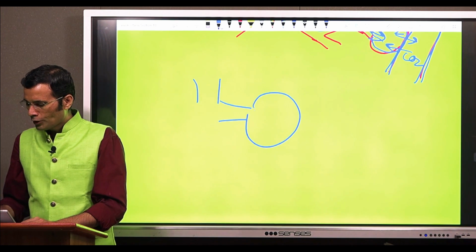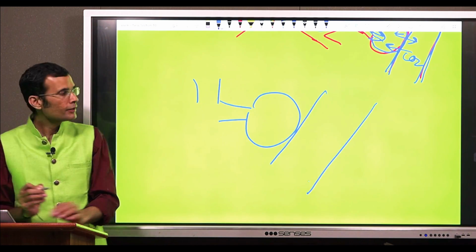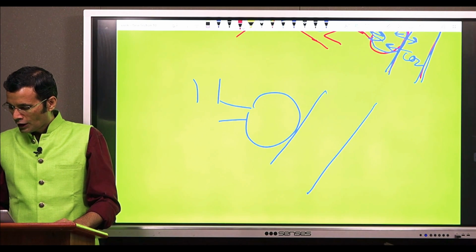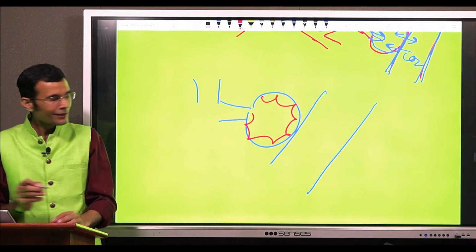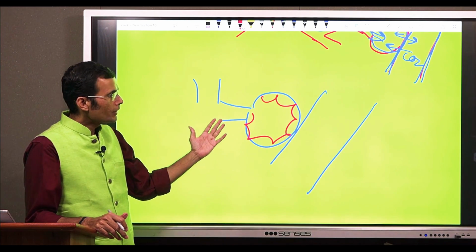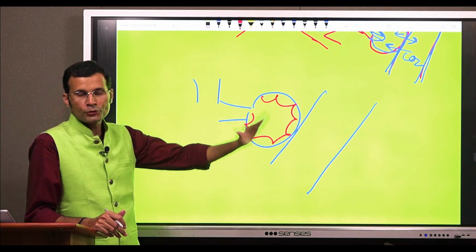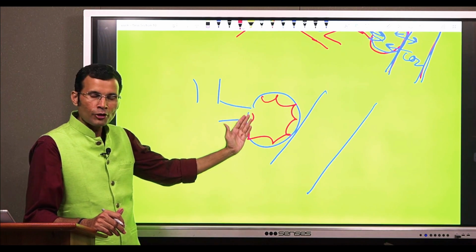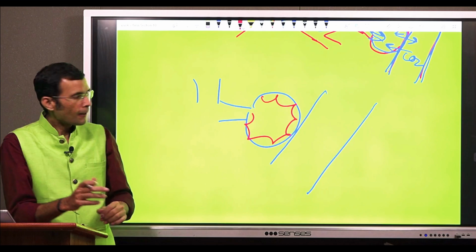Here is the alveolus and here is the pulmonary capillary. So, the first layer, and I am talking about the layers from alveolus to the pulmonary capillary. Therefore, starting from alveolus in that direction,